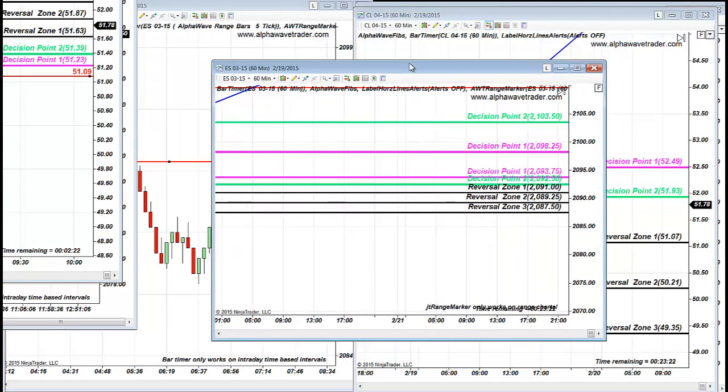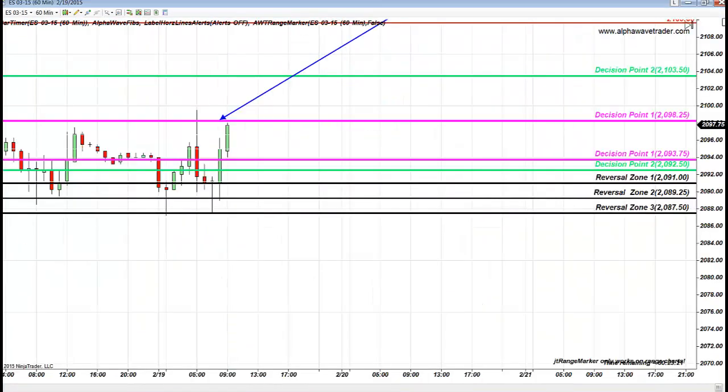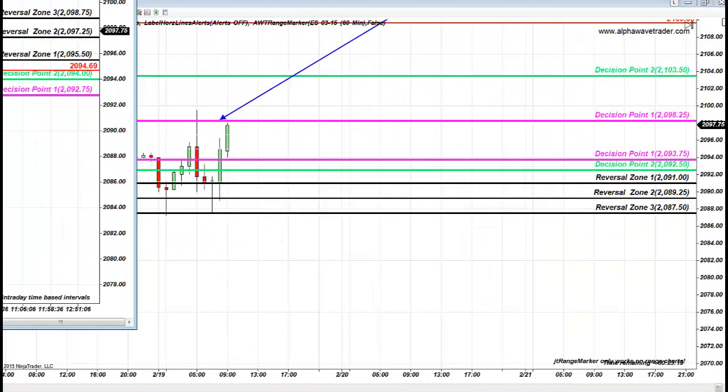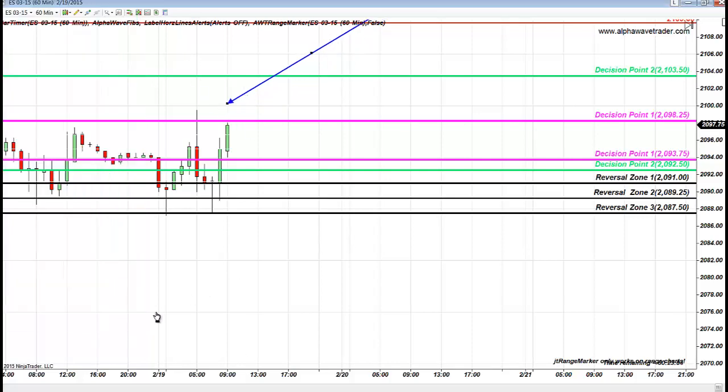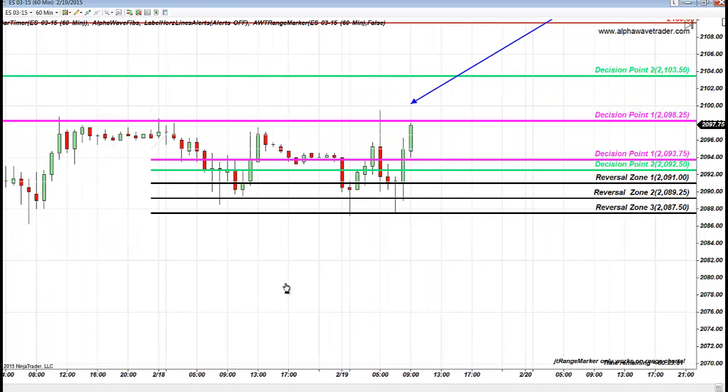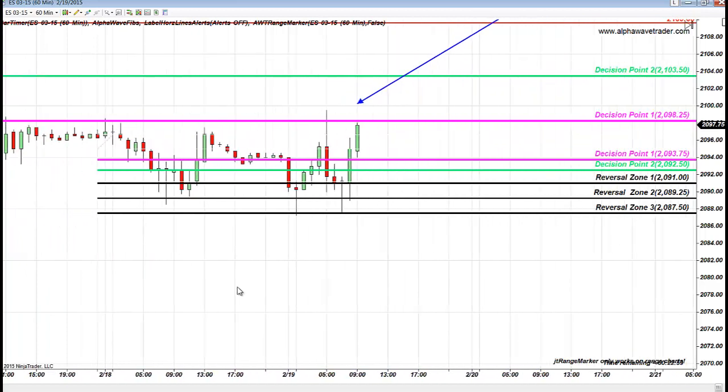And here is S&P at 2098.25. We've been in this trade from 2091.75. Almost 8 points later. Just few more ticks. Will the seller step in with vengeance? I don't know. I just know to pay attention to Fibonacci levels.